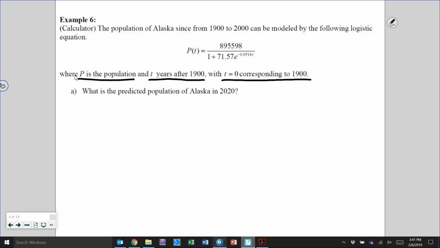Then they say, what is the predicted population of Alaska in the year 2020? So that means I want to know P of a certain time. I already have the equation, so I want to know what we get at a certain time. Well, if 1900 is 0, then 2020 is 120. So I want to know P of 120, which means it's going to be